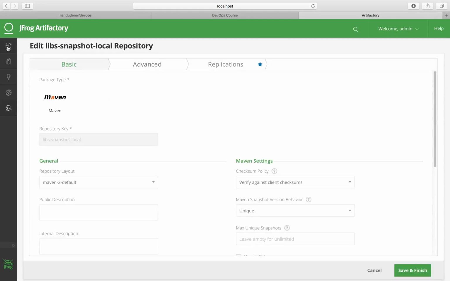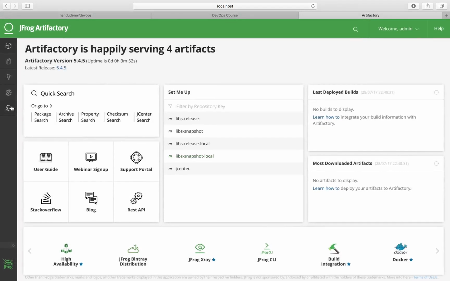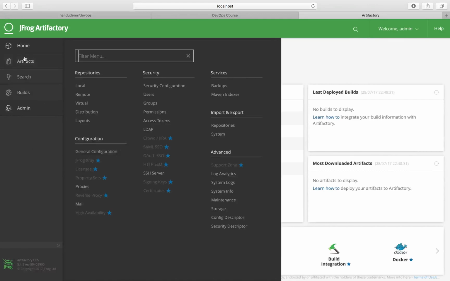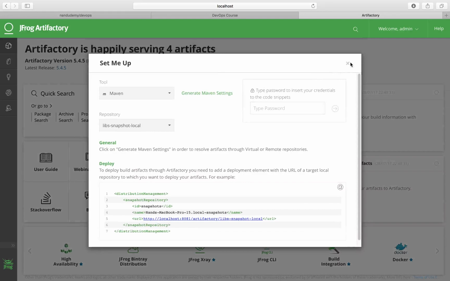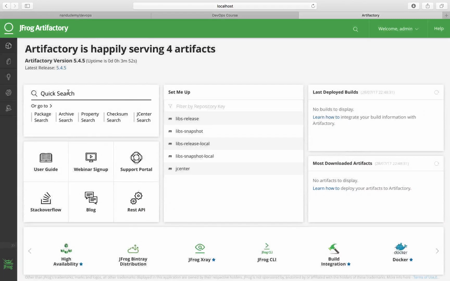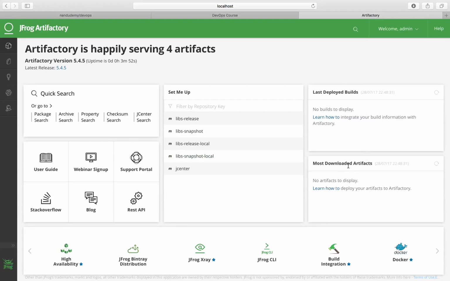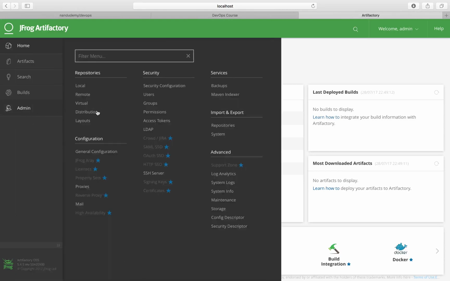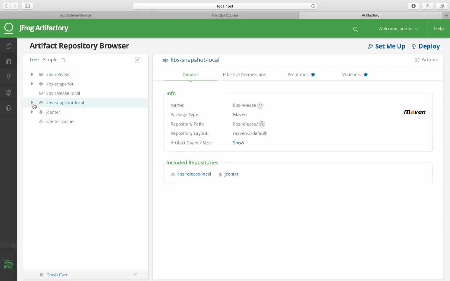I think I'm in the wrong place. So I go in here and it's still asking me for Maven settings, but all I want to do is look at the repository that just got installed, right? So am I logged in, which I am, and let's take a look at refreshing the last deployed build. Click the wrong one, and users, home, actually it's within artifacts. If I click on artifacts and I go to snapshot local,